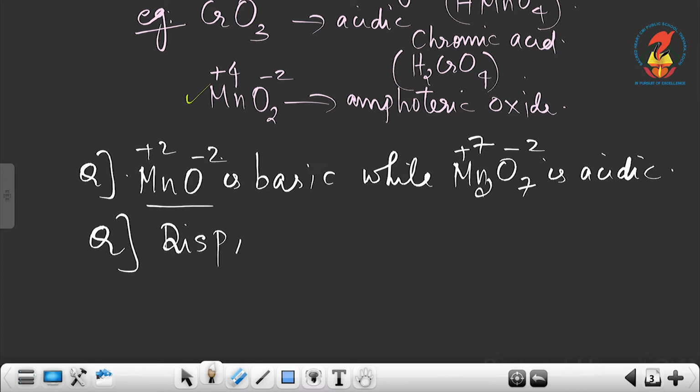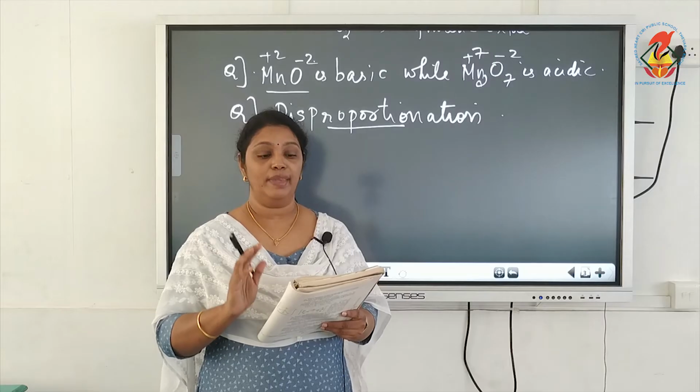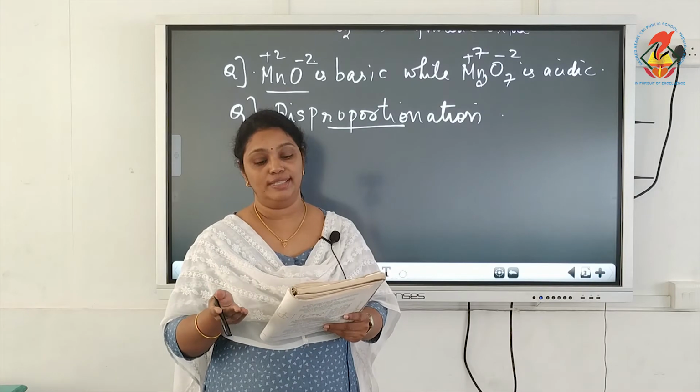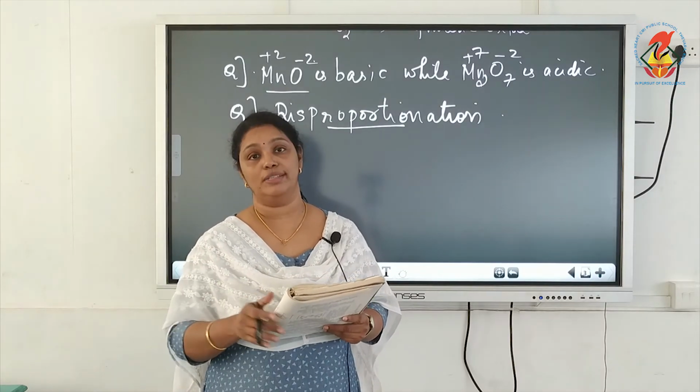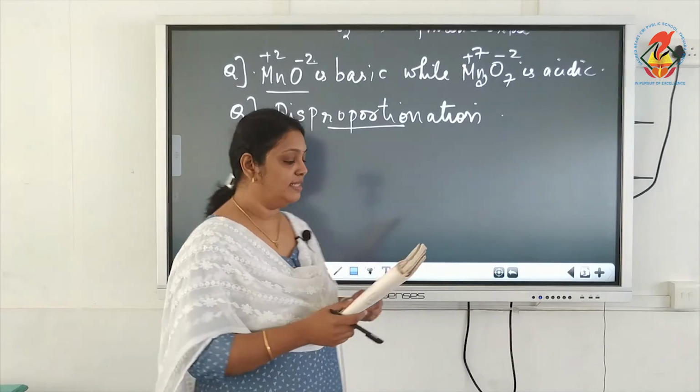So what is meant by disproportionation of an oxidation state, and give an example. So what are disproportionation reactions? Disproportionation reaction means transformation of a metal from a less stable oxidation state to more stable oxidation states, one lower and one higher. And an example is